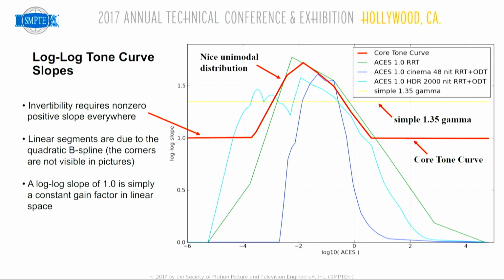One of the things that we did in optimizing the core tone curve was look at the slope or derivative, and on this graph we have the same log ACES x-axis, and on the y-axis we're showing the slope in log space. And you can see that the green curve, which is the ACES RRT, the slope goes to 0 at either end, which means that it's essentially not invertible in those places. So we put a lot of effort into making sure that the slope was a nice